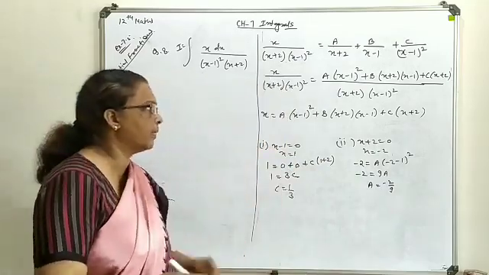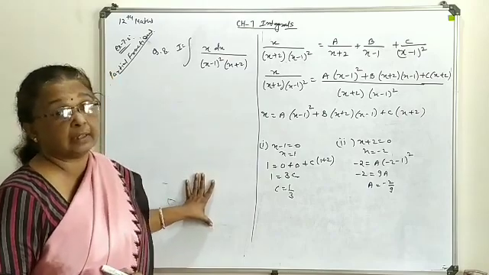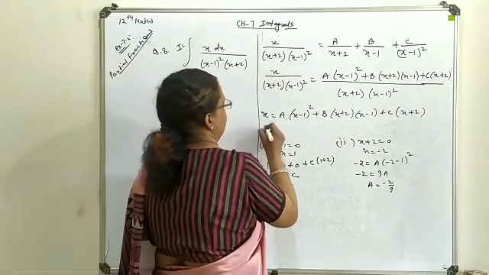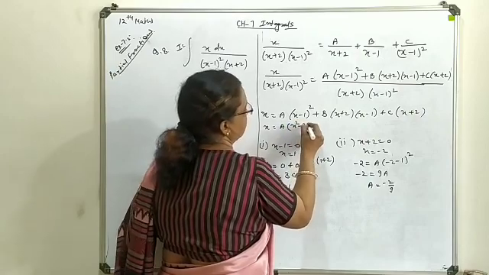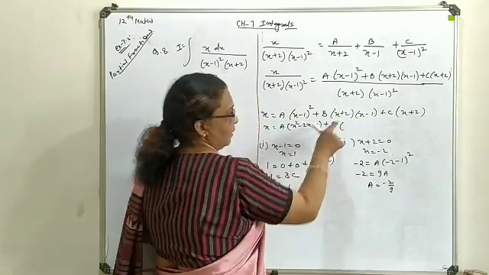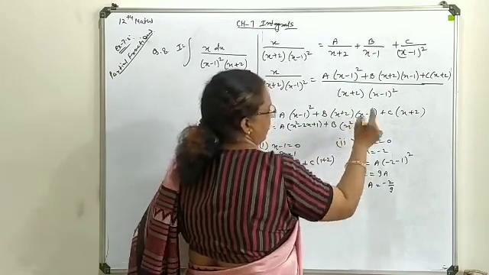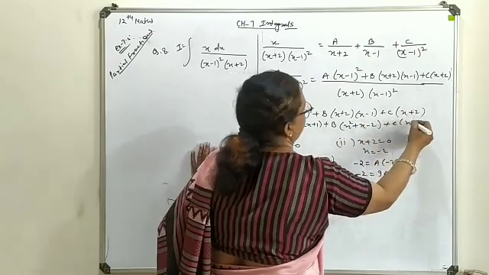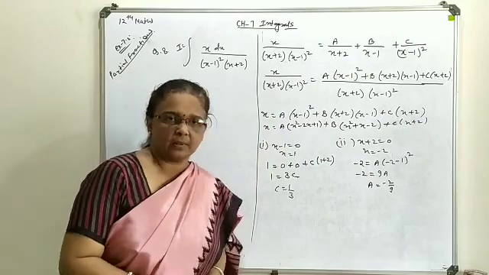So for that purpose we will go for equating the x square coefficient. In order to do that, here I am writing its expression. Make it expand: A into x square minus 2x plus 1, plus B. Make these two brackets multiply. So this will be your x square plus 2x minus x, meaning plus x minus 2, plus C x plus 2. Now easily you can go for comparison of the respective coefficients.